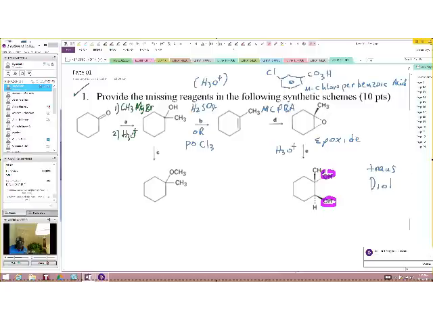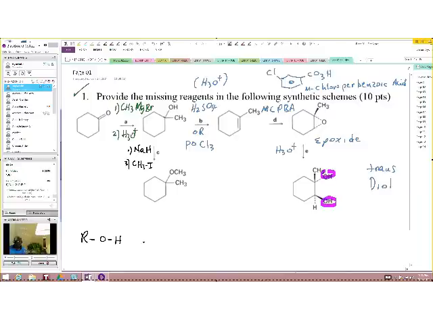Excellent. So therefore we say step 1, keep in mind, step 1, sodium hydride followed by an alkylating agent. This time the alkylating agent is methyl iodide. Now, what happens here: anytime you have an alcohol and you have sodium hydride, what it does,